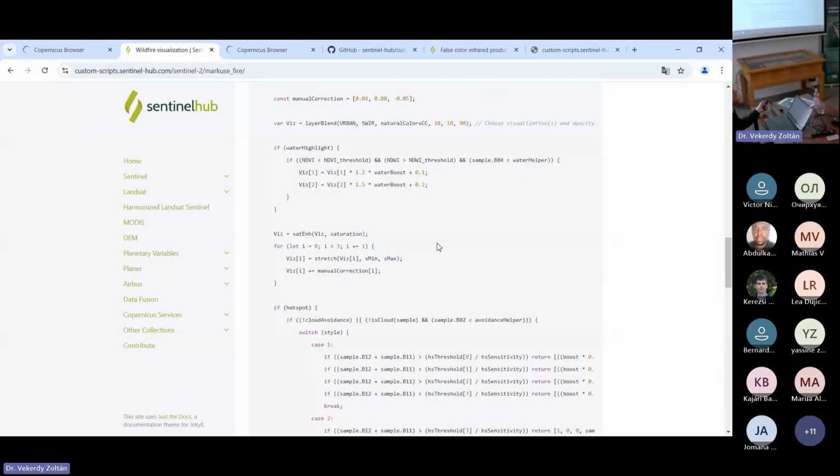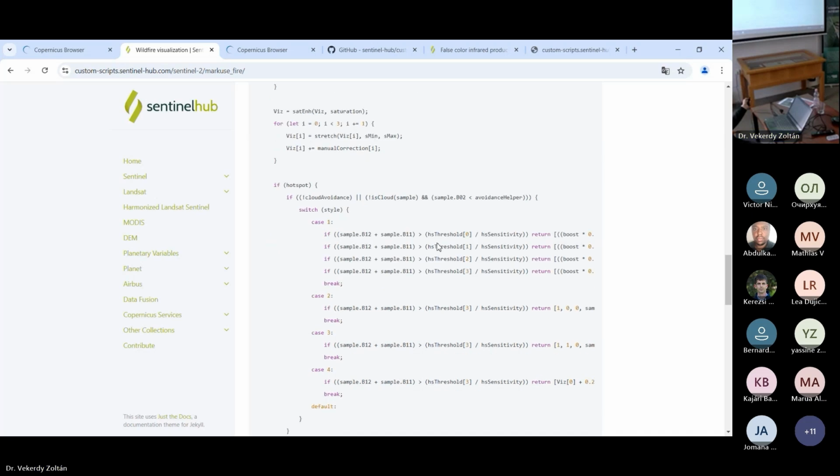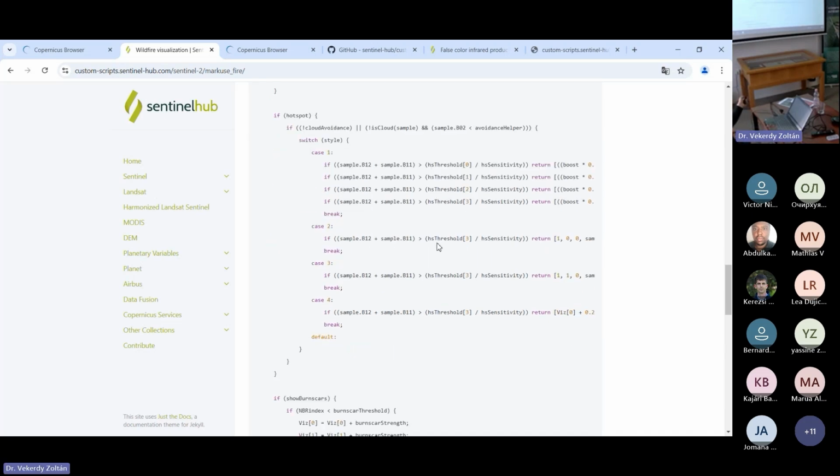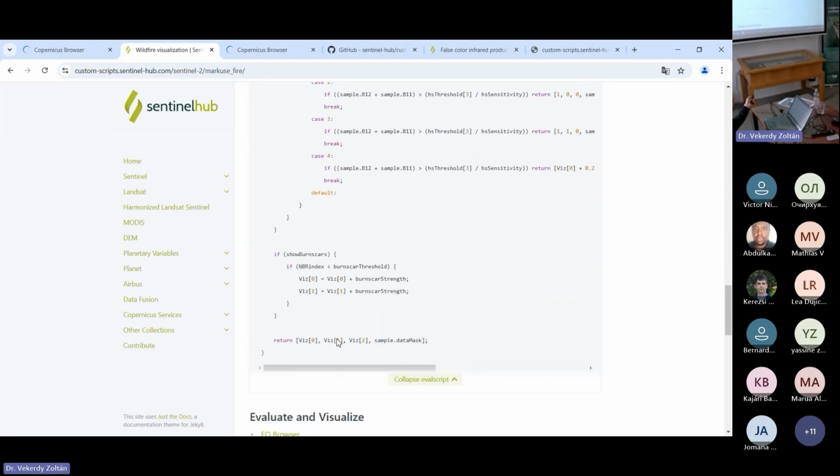this is where the calculation is done, right? So it's an if query. If we have water based on the NDVI and NDWI threshold, then we are doing this kind of visualization. If it's an area affected by saturation, we apply some stretch. If it's a hotspot for the fire, we have these classification cases. So this is actually the output, which is red and yellow. Then we have a classification for the burn scars. And finally, we are returning the products of the visualization process with red, green, blue as Viz0, 1, 2, and